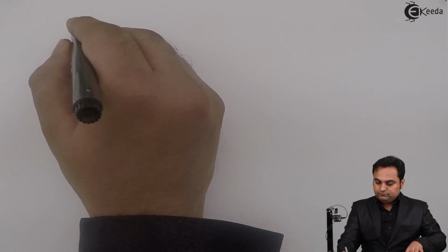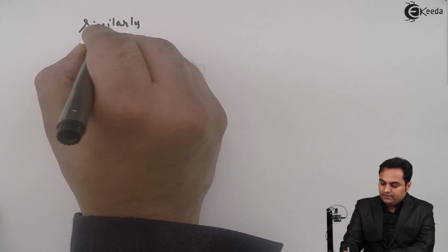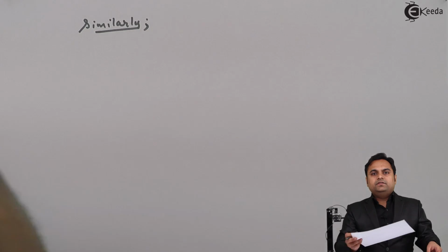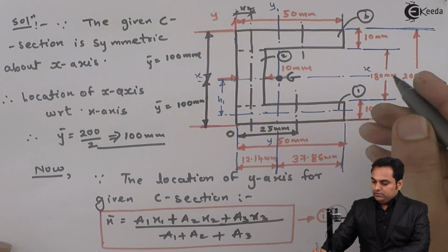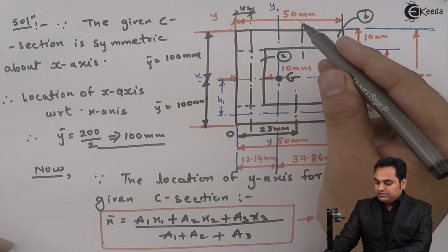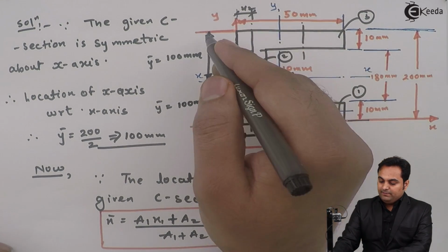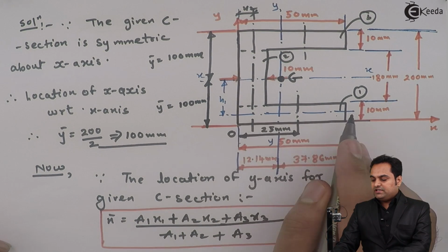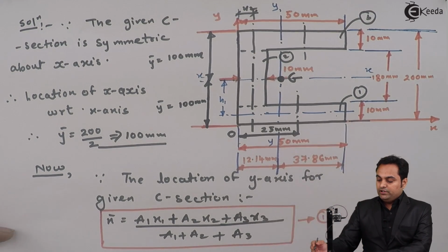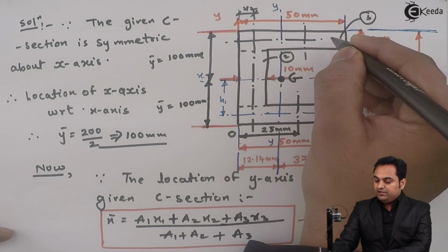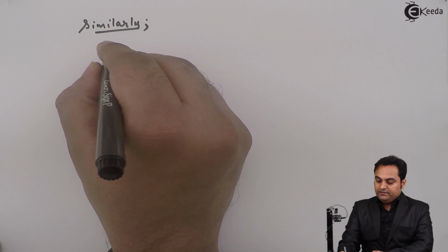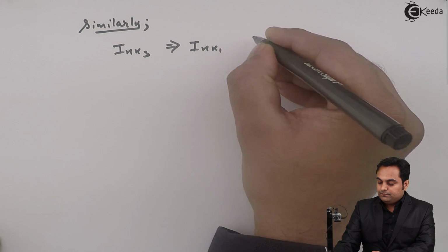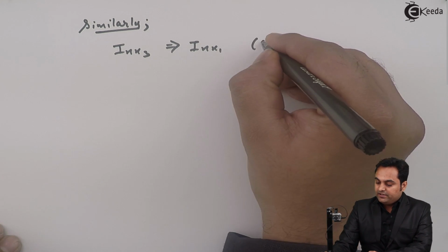Similarly, I can say that now in this case, the first rectangle and third rectangle have the same dimensions. At the same time, y bar is also the same. So it is a hint that the MI which we have calculated about the x-axis for rectangle number 1 will be the same value for rectangle number 3. So I can directly write down that Ixx3 will be equal to Ixx1, because here it is symmetric